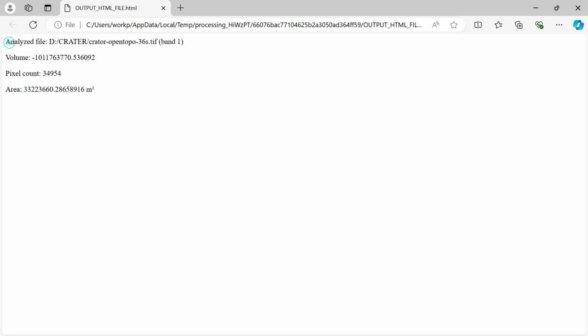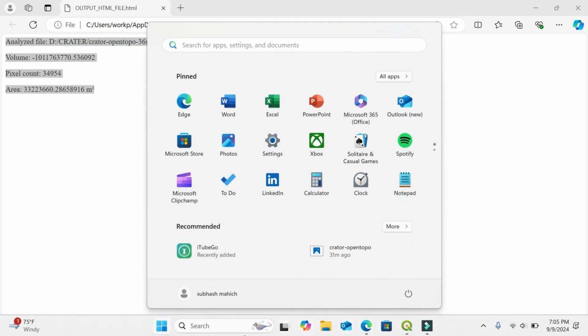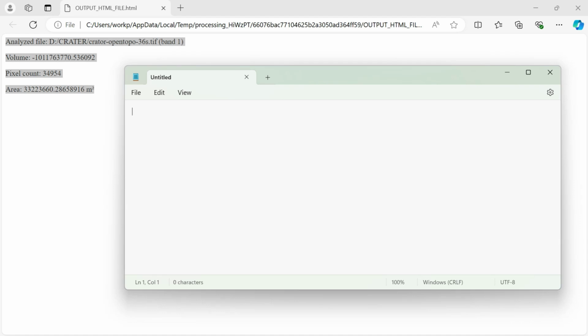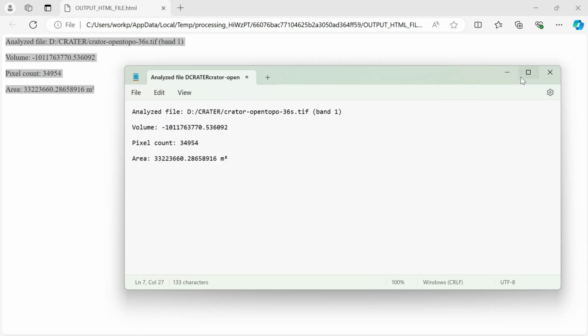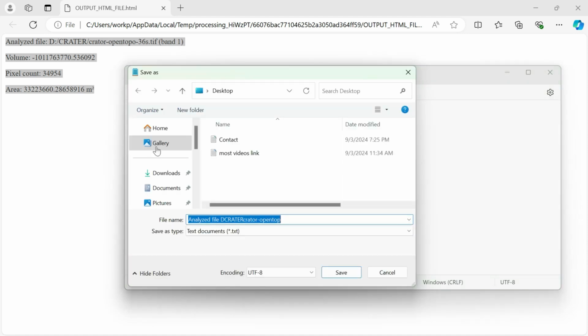Okay, so just copy, and go to notepad, paste the data here. Okay, and I'm going to save it on the desktop, open analysis field.